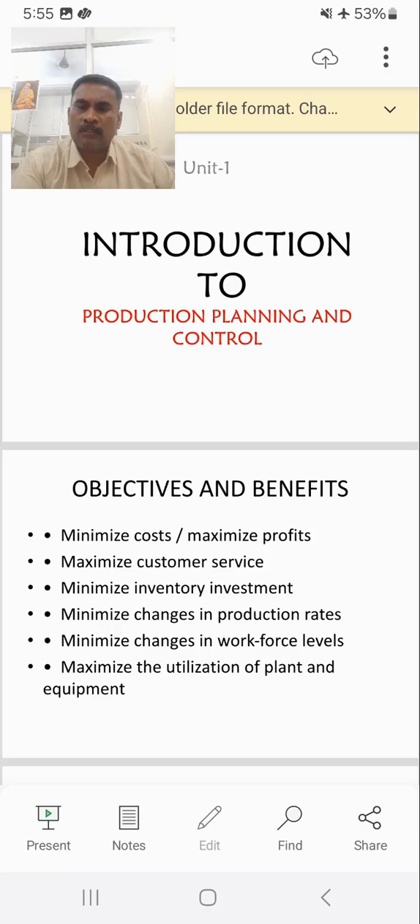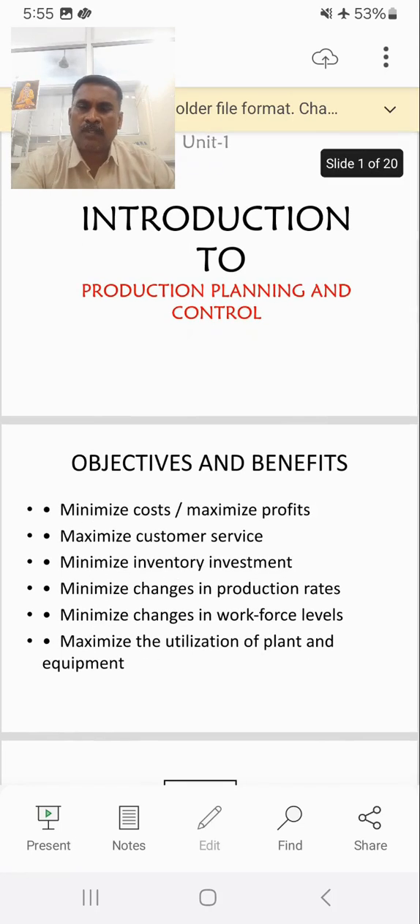Good morning one and all. Now I am going to talk about the introduction to production planning and control and the types of production systems. While going for the introduction to production planning, first of all we must know what is production planning and what is production control. While talking about production planning, it is a managerial function which is naturally concerned with the following: how